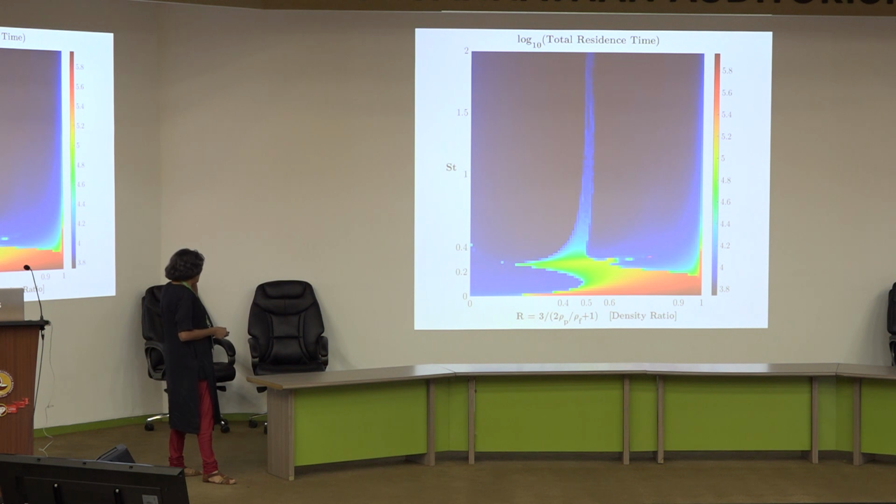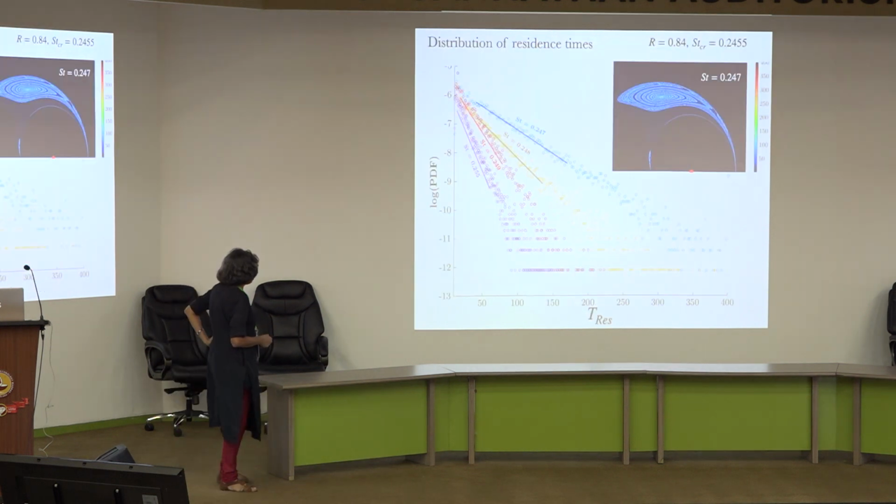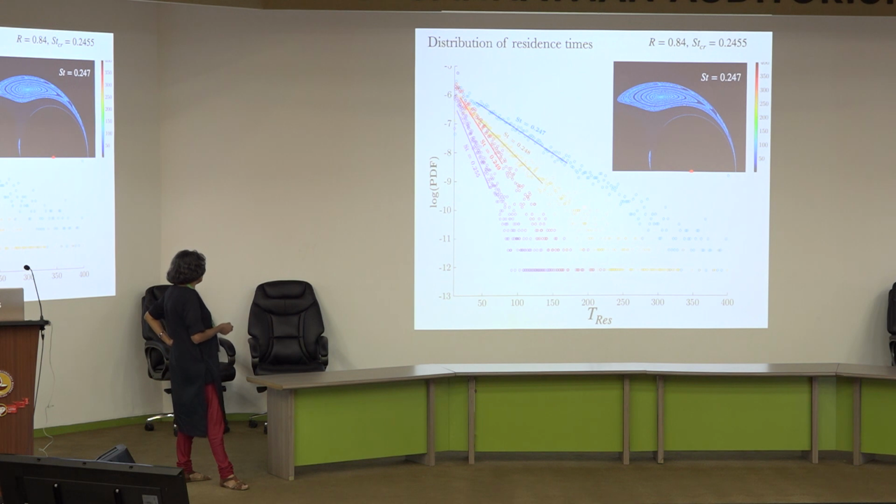It's really remarkable. So in these two numbers, something very interesting which you couldn't predict, and more fun than that is that even at very high Stokes numbers there's a particular density ratio where you see non-trivial behavior. And this is to show that there is a logarithmic behavior in residence times, and this is what happens beyond the chaotic regime. So you see how particles leave this thing and how long they're going to stay, and you see interesting